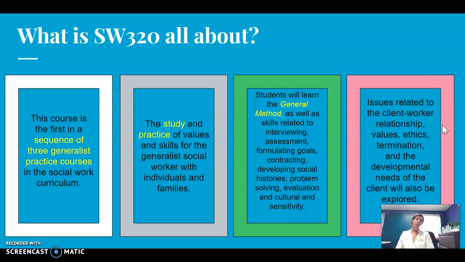Issues related to the client and worker relationship. The code of ethics directs how we navigate relationships with our clients. So we're making sure that we're doing things in an ethical manner, upholding our values as well as the profession's values, and also looking at what the client needs and making sure that the client is the expert in their situation and is able to drive the type of services that they want. There's a ton of stuff that we talk about in the next 15 weeks, so we do come in guns blazing, with lots of information, but it's all very practical and tangible stuff you can apply to your actual social work practice.